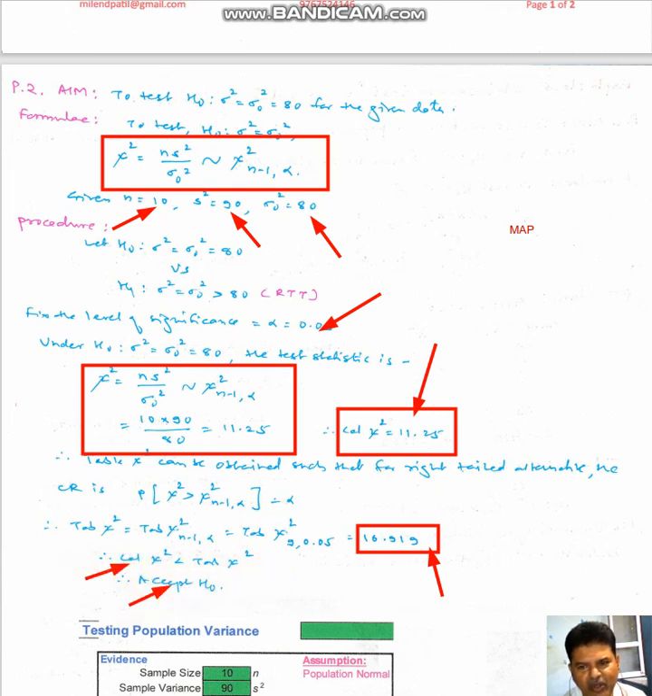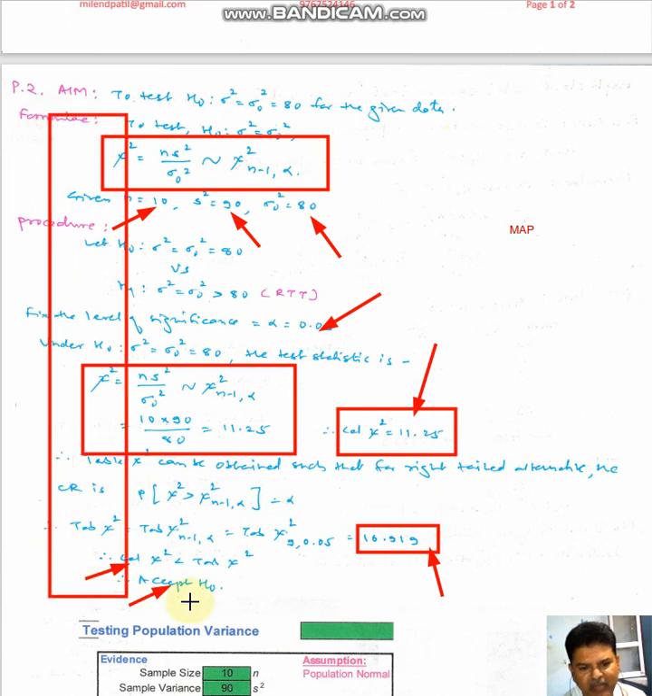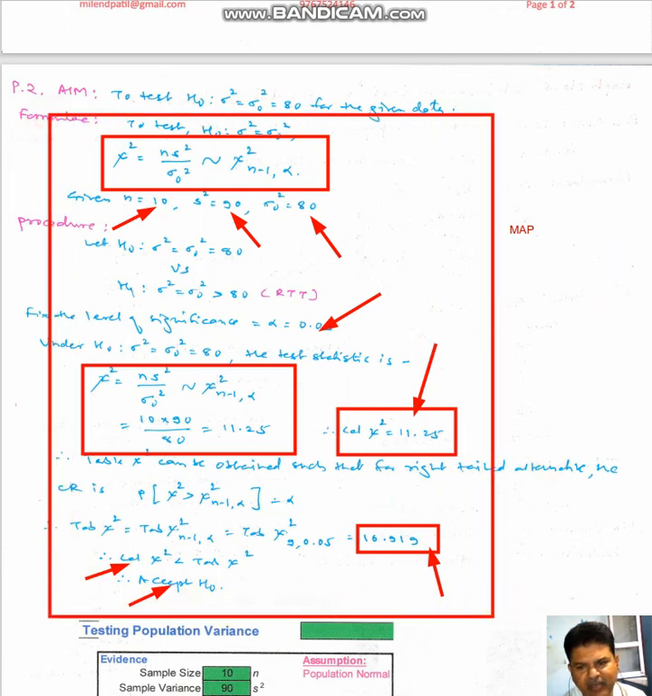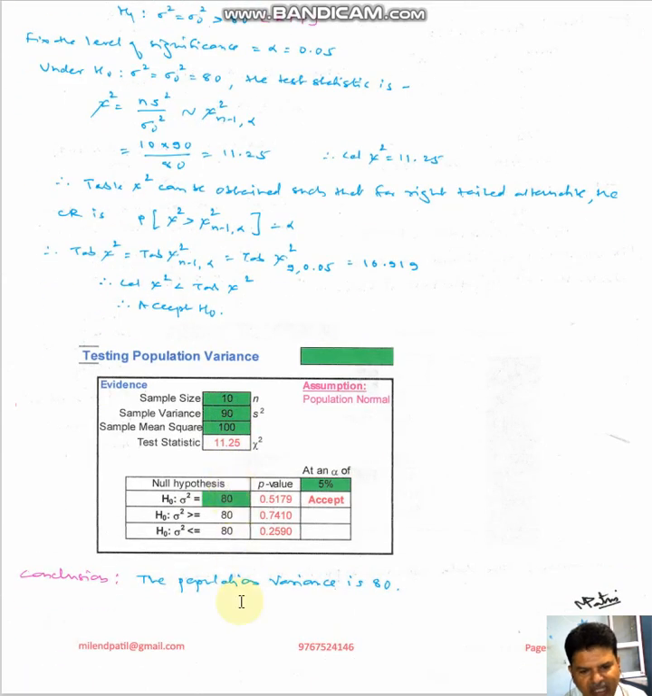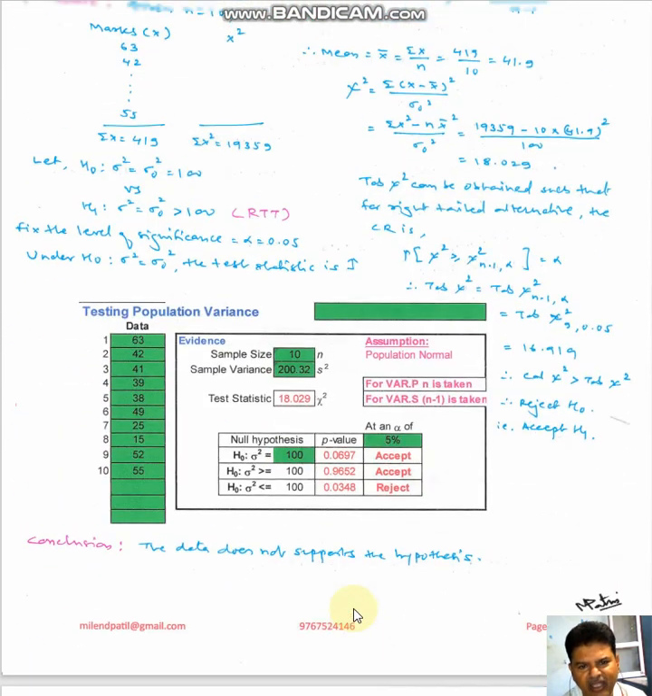So accept H naught means what? Acceptance of this H naught means that the population variance is 80. The population variance in this case is 80, and that we are accepting. In this way, you can solve